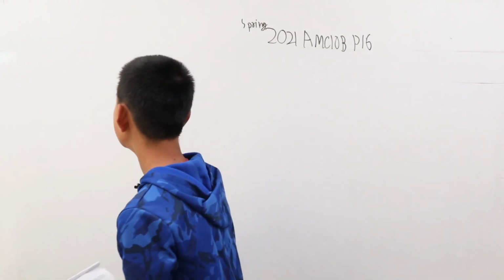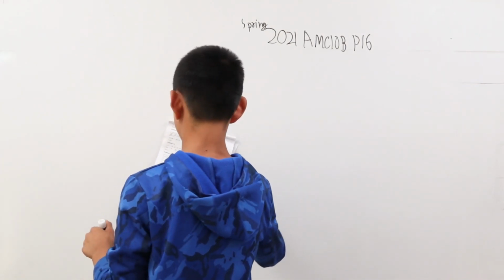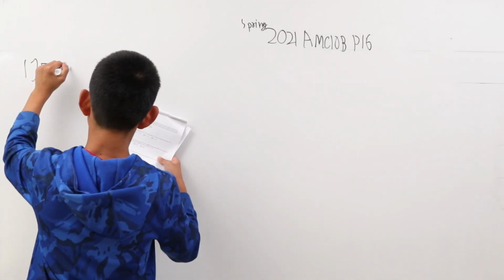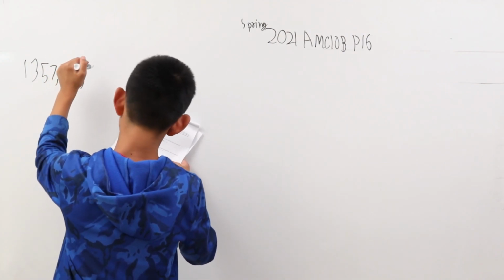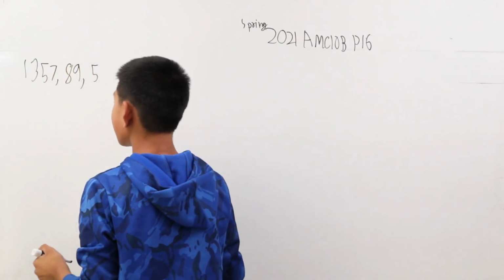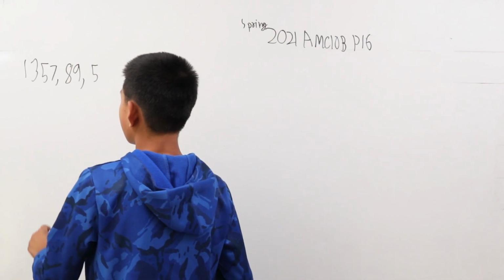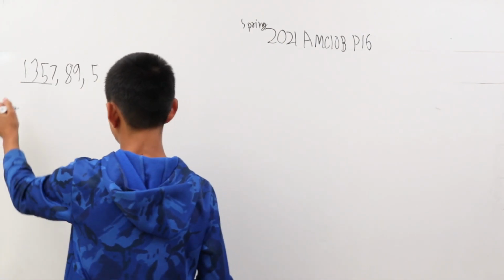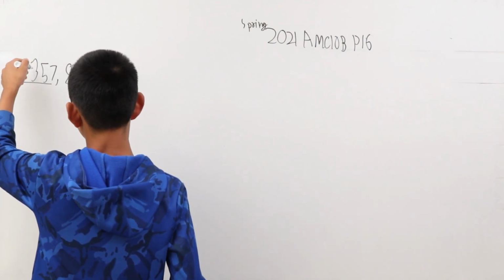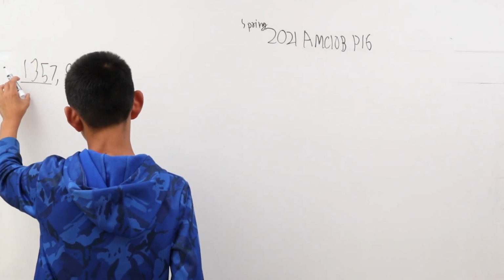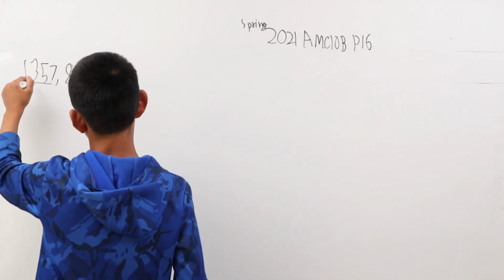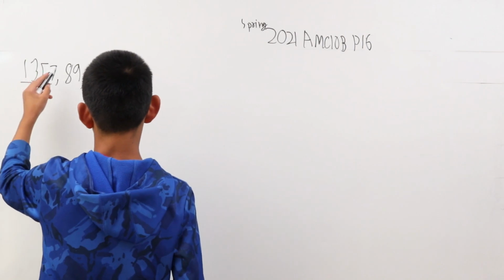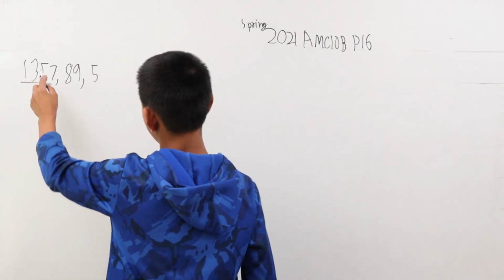Now, let's just write out their examples. So 1, 3, 5, 7 is an uphill integer, 89 is an uphill integer, 5 is uphill. What this means is, let's take the first number, 1, 3, 5, 7. The first digit is 1. The second digit has to be greater than the first digit, which in this case is 3. And 5 is greater than 3, so this checks out, and the last digit, 7, is greater than